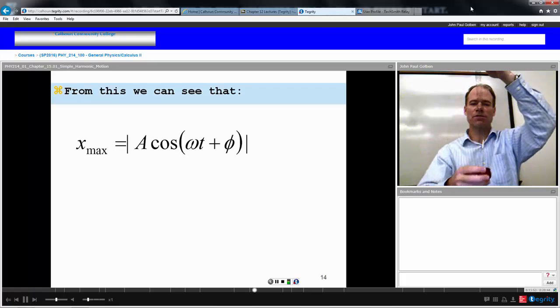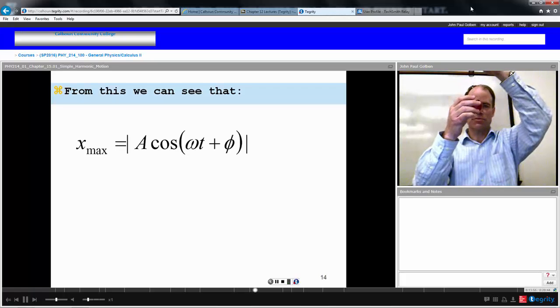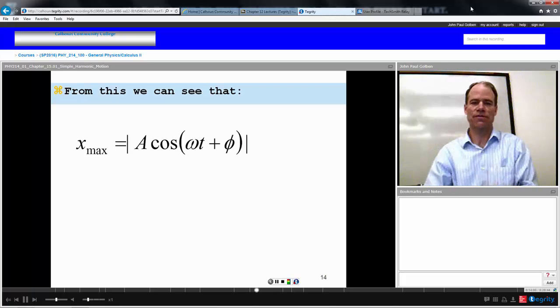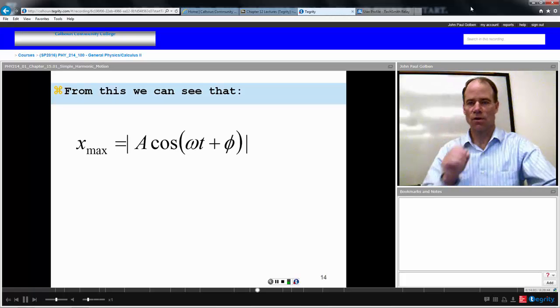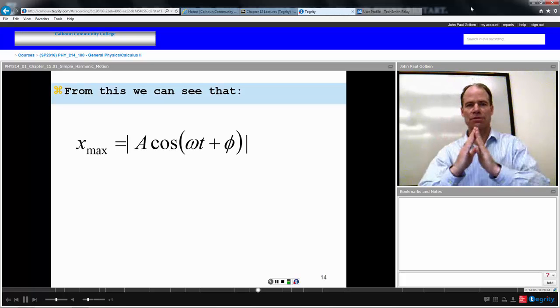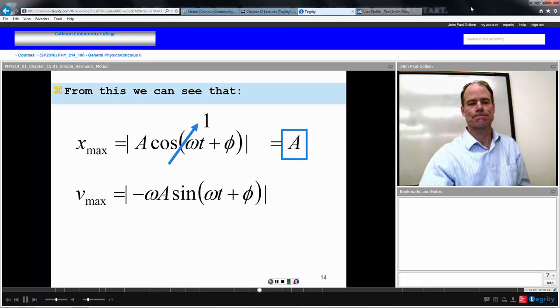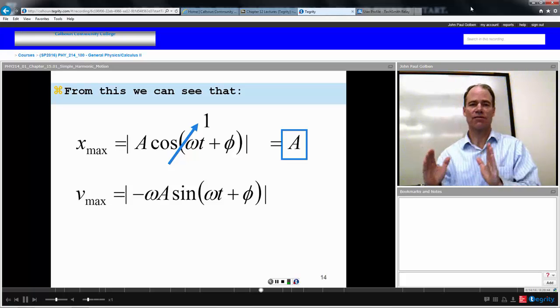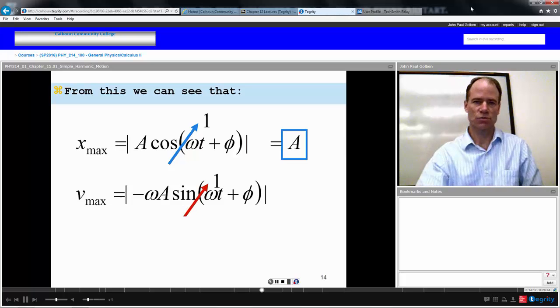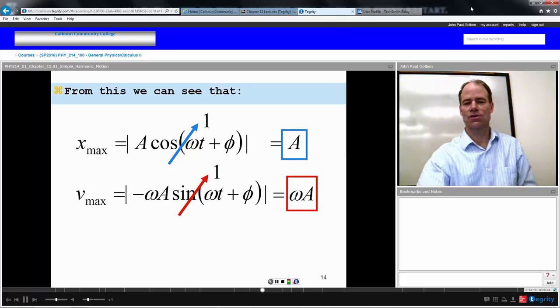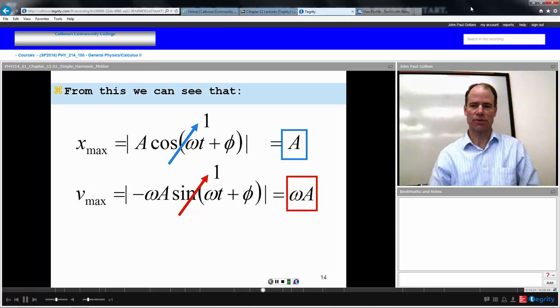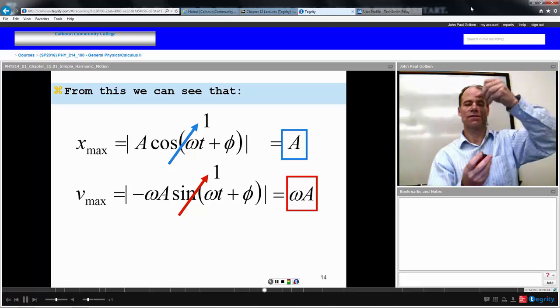So our maximum position is simply going to be equal to the amplitude this way, or the amplitude that way, negative A or A. If I take the absolute value, then our maximum position away from equilibrium is going to be equal to the amplitude A. Our maximum velocity will correspond to when the sine function is its greatest value, which is 1 as well. So our maximum value of the velocity will be omega times A,